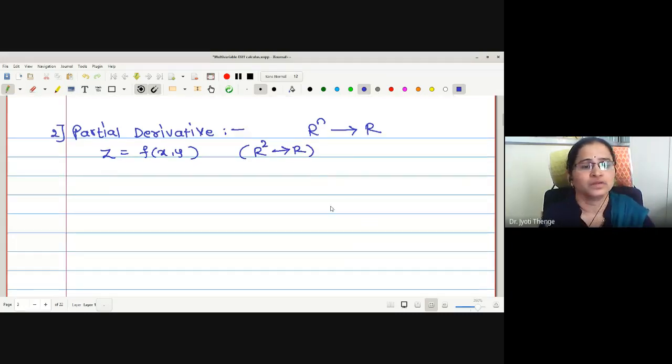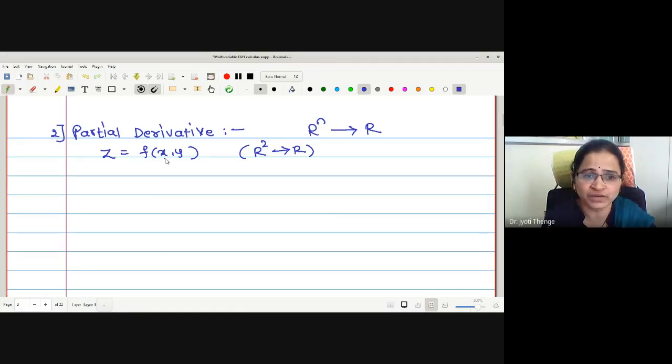R^2 to R. Therefore, ordinary derivative helps us find the derivative of functions of one variable only. Therefore, this derivative is being developed for finding the derivatives of functions of more than one variable. In this session, we will deal with functions of two variables only. Now, as we have the idea to find the derivative of a function of one variable only, therefore to find the derivative of functions of two variables, the idea was introduced that we will take the change of a function in one variable only without changing the other independent variable.